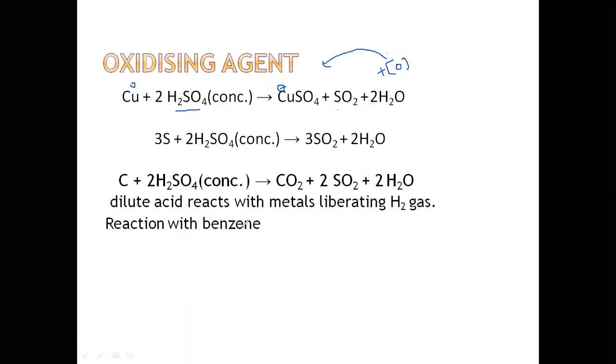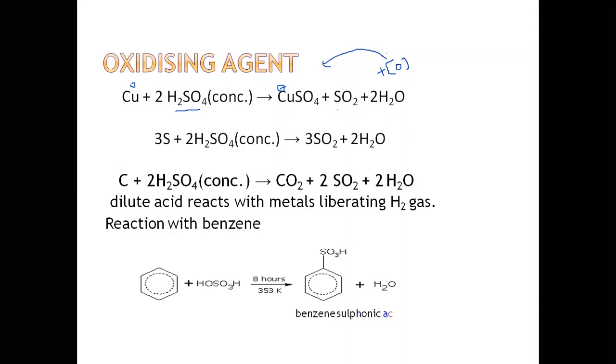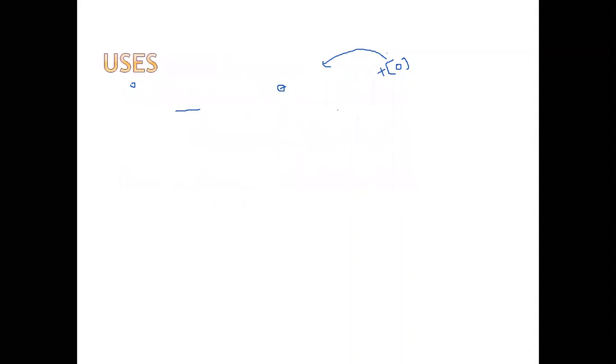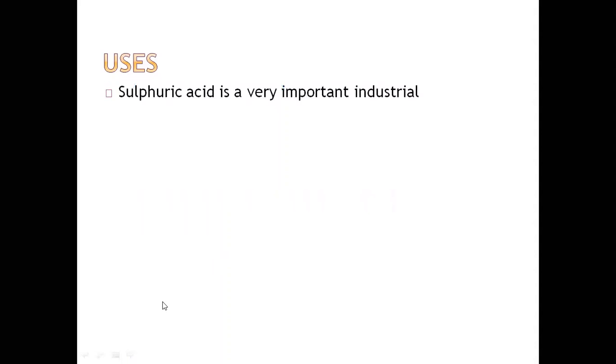If it reacts with dilute acids, hydrogen gas is liberated. We know that it reacts with metals to give hydrogen gas. We always study these reactions. It reacts with benzene to give benzene sulfonic acid. We'll study this reaction and its mechanism in organic chemistry. Uses, if we look at the uses of sulfuric acid,